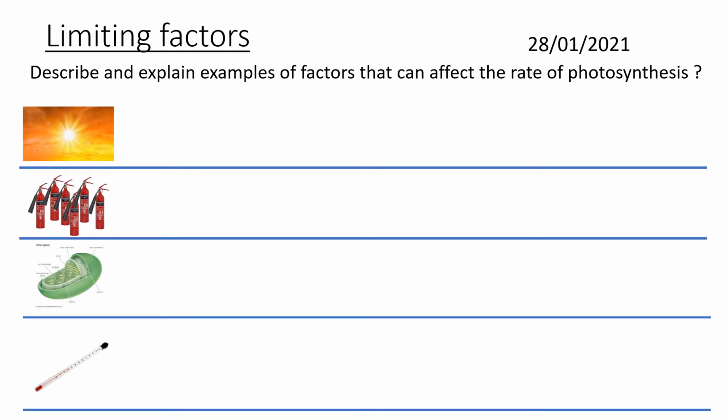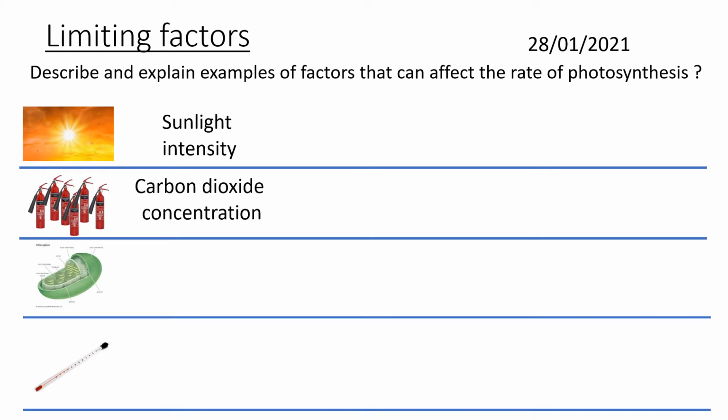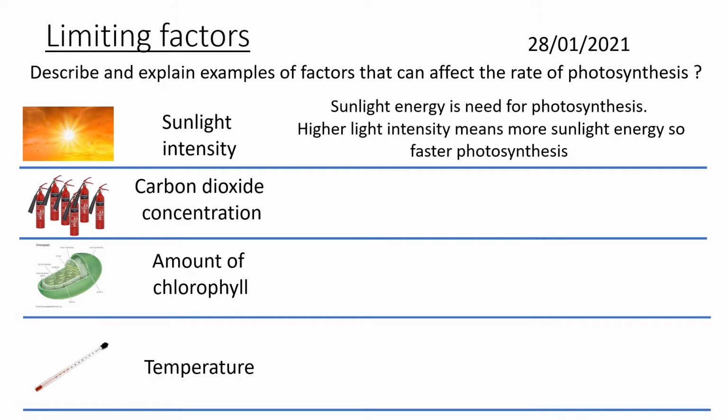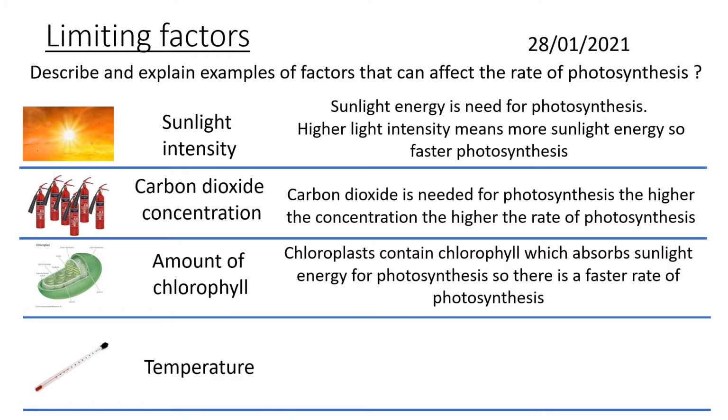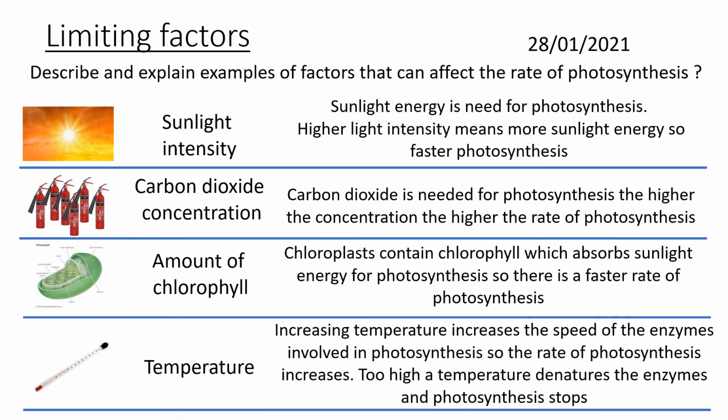In terms of describing, remember sunlight intensity, we can't just write sunlight. We have carbon dioxide concentration, again carbon dioxide on its own is not enough. We have the amount of chlorophyll and we have the temperature. And in terms of explanation, you need to be able to link each of those different properties to the rate of photosynthesis, and remember temperature is especially detailed because you need to bring in the concept of high temperatures and